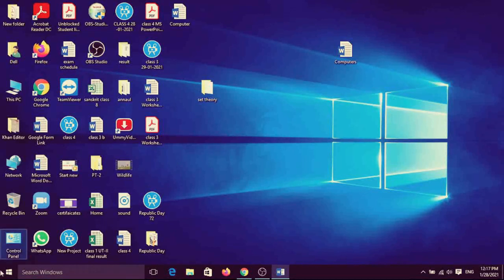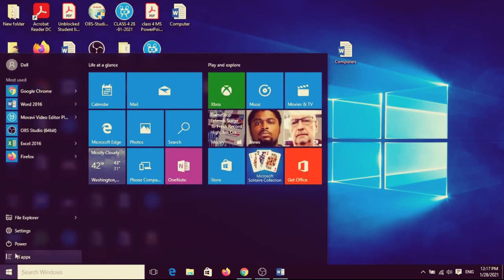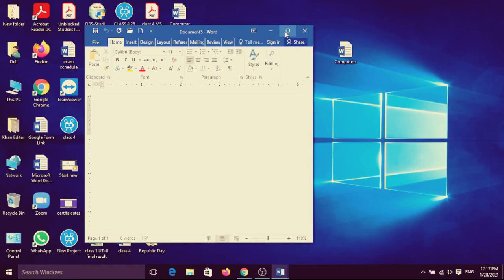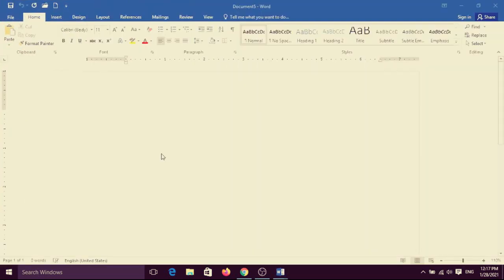Yes students, first click on the Start button and open Microsoft Word, and then we will learn how to select a text.